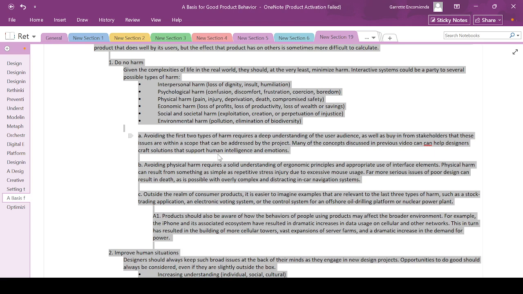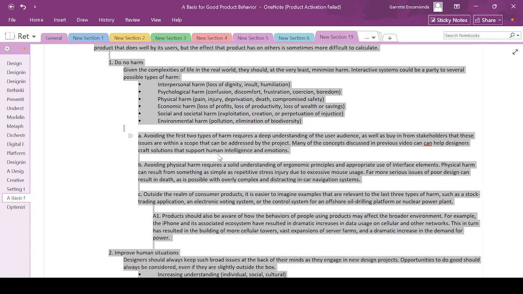Interactive systems could be a party to several possible types of harm: interpersonal harm, loss of dignity, insult, humiliation; psychological harm, confusion, discomfort, frustration, coercion, boredom; physical harm, pain, injury, deprivation, death, compromise of safety; economic harm, loss of profits, loss of productivity, loss of wealth or savings; social and societal harm, exploitation, creation or perpetuation of injustice; environmental harm, pollution,